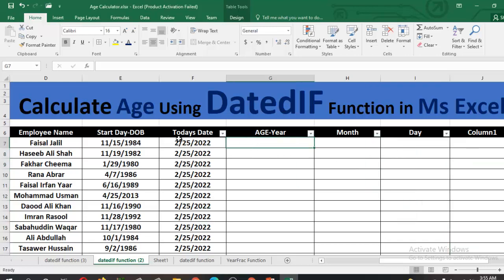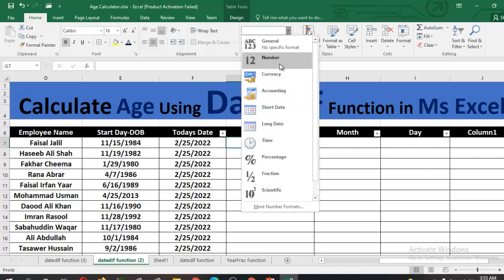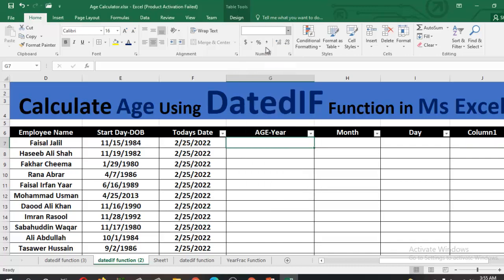Okay, let's start. We have the employees' names here in column D. In column E we have the date of birth of the employees, and here is the current date. So first of all, you need to set the format of this cell. Make sure it is selected as General, no specific format, and after that you just put the equal sign and write DATEDIF,